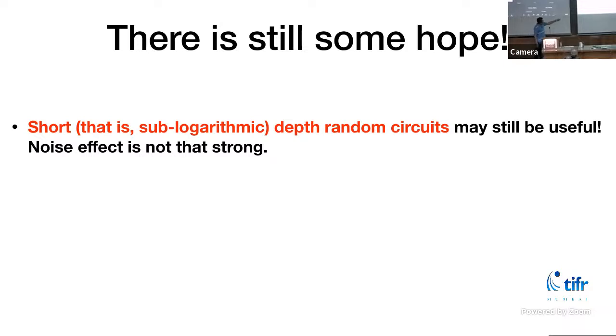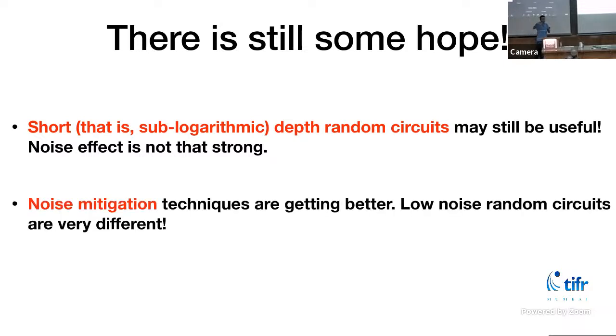And the second place is maybe we'll get better methods to mitigate the noise. This is more longer term, but people are trying to do this. Like Google's recent papers have been on noise mitigation. And low noise circuits qualitatively, this is something that I didn't get into for this talk, but you can prove that circuits which have very low noise behave very differently from the scalings that we just saw. Those results do not hold for circuits with low noise. Low meaning going down with system size and not a constant.